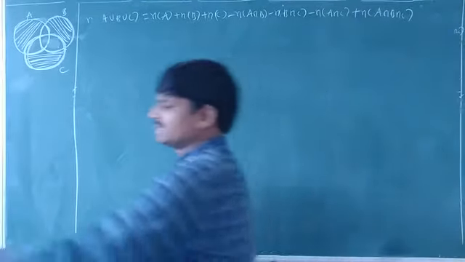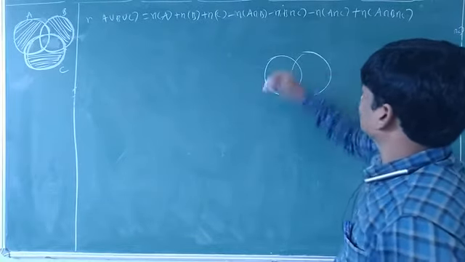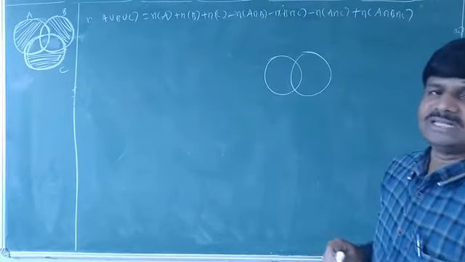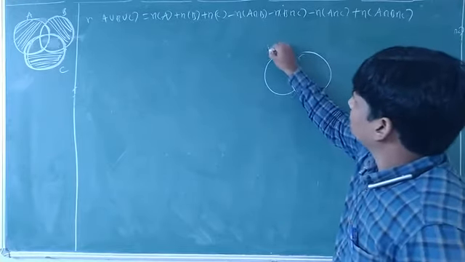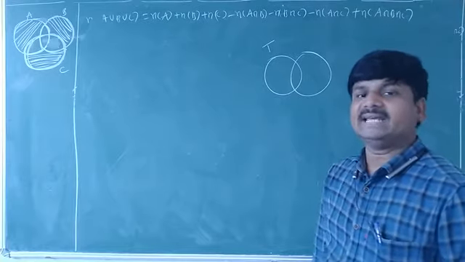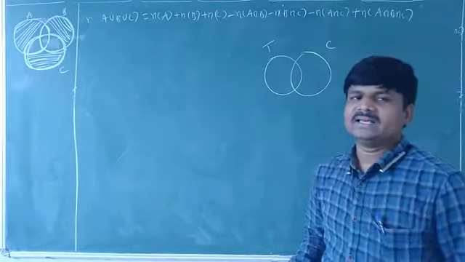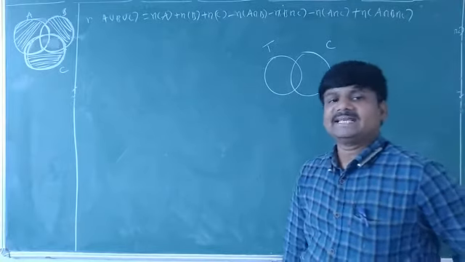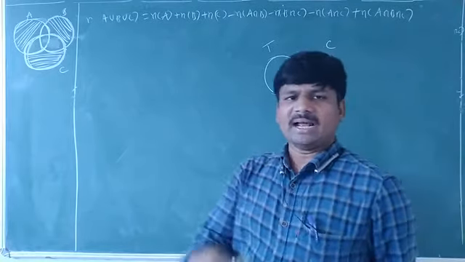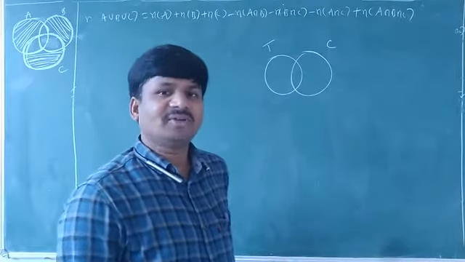That means here, just observe here. First I will explain about two sets. Two sets means what is that one? Here, set A means the people who take tea, suppose tea, and set B means the people who take coffee. See what I am saying here, I take tea. I can take tea, I can take coffee also. I can take tea and I can take coffee also.